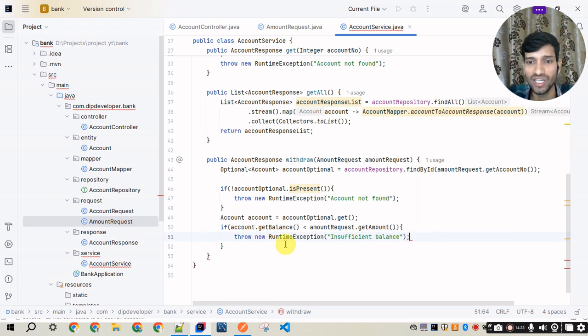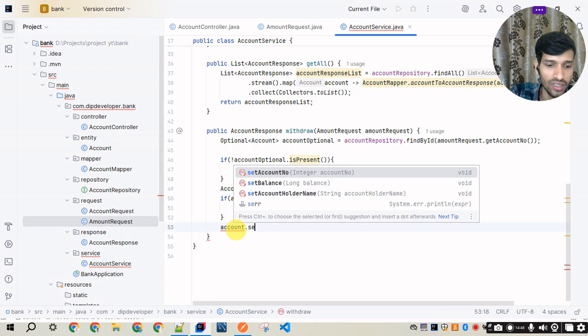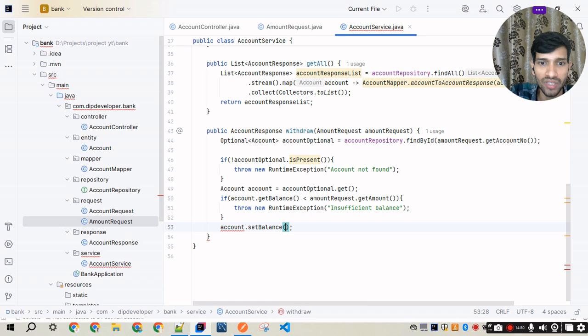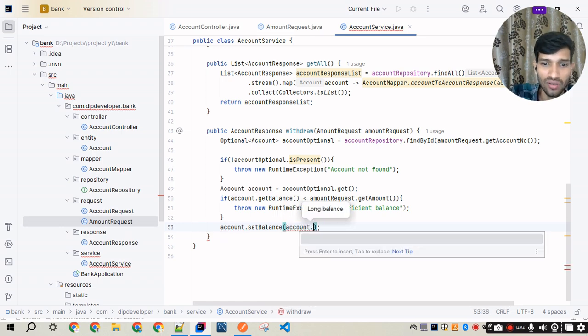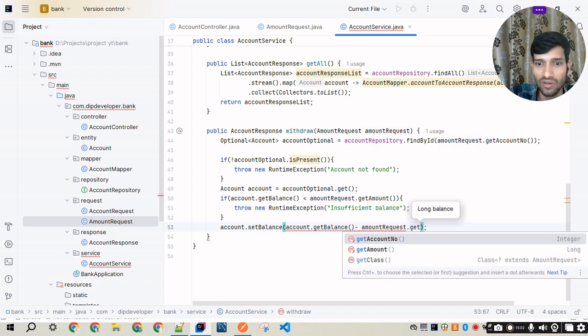And if the balance is there, it will come out of the if statement. If the balance is there, then we will be updating the balance, from this account only. So account dot set balance, what will be the current balance? The previous balance minus the amount that is requested, amount request dot get amount. Okay,